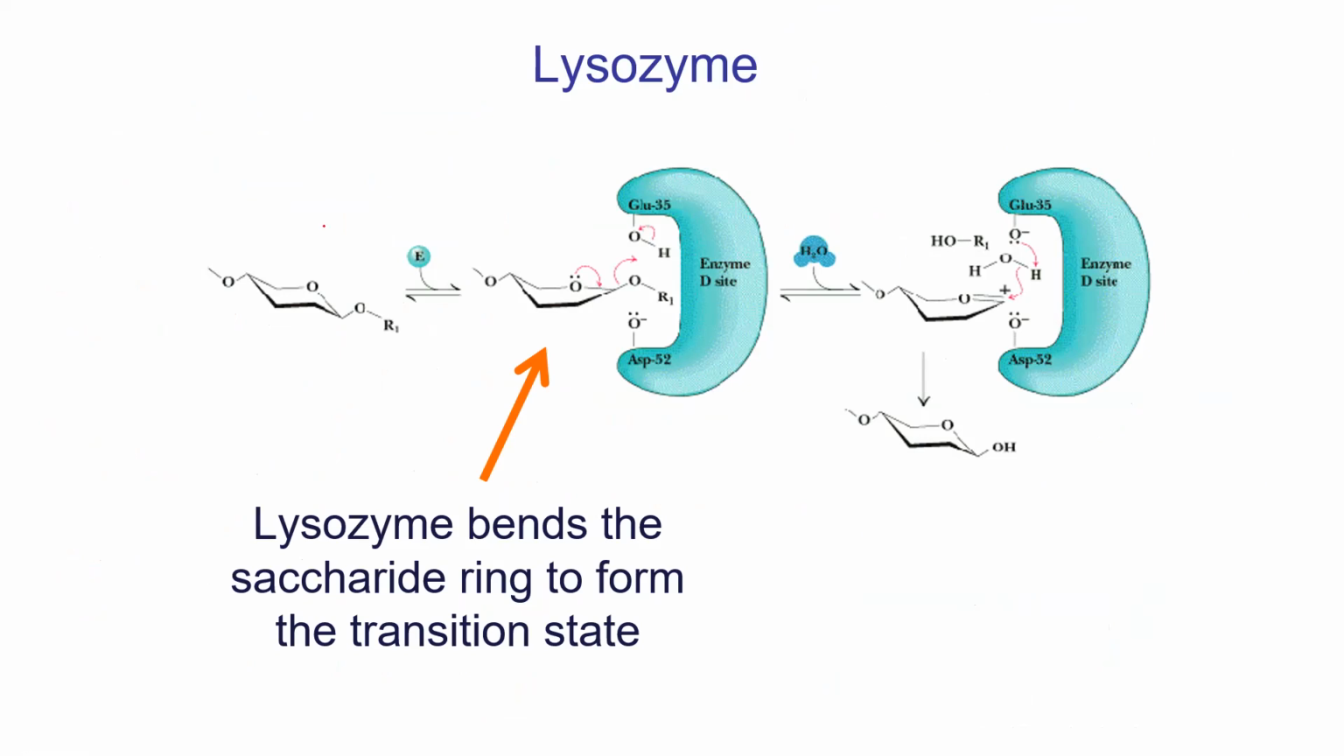And if you take a look, this carbohydrate has kind of a chair structure to it. And what happens over here is it basically gets bent. The whole structure gets bent a little bit. But what does that do? It provides an opportunity for the enzyme and ultimately this water molecule to get in there and do